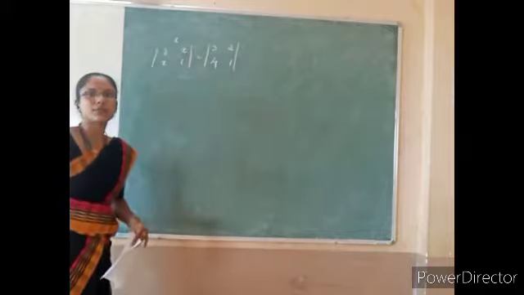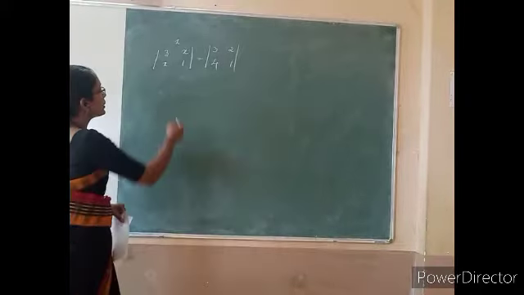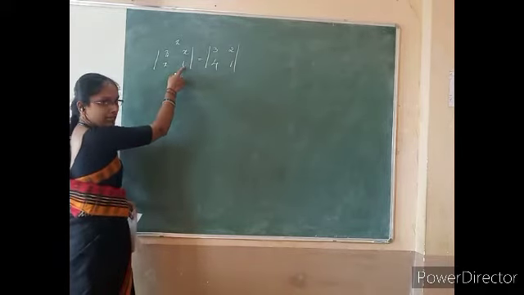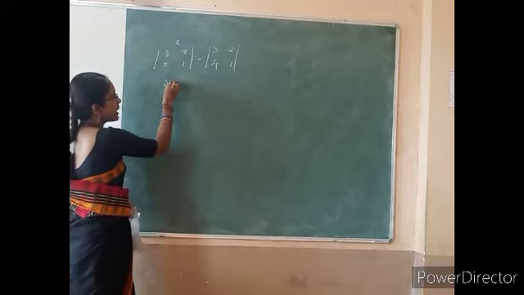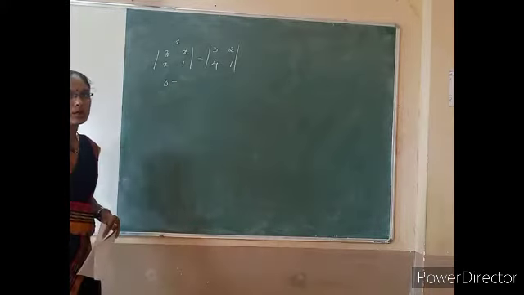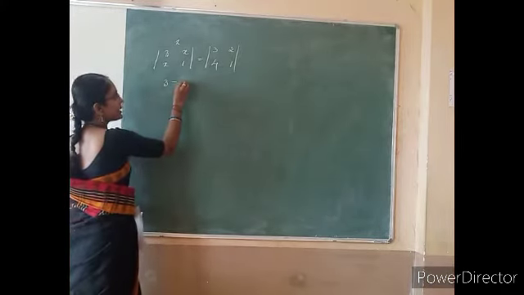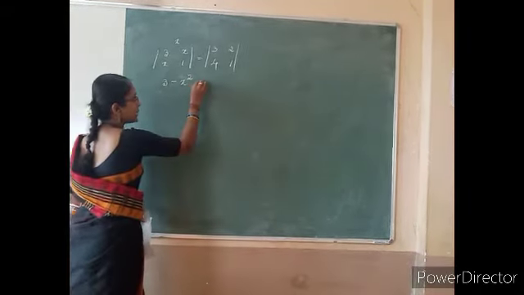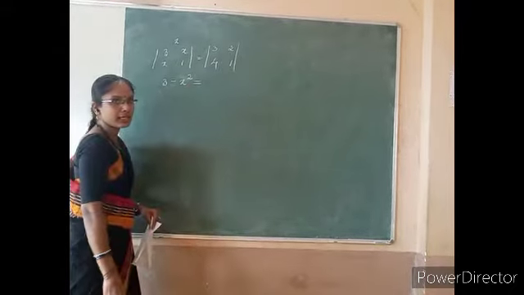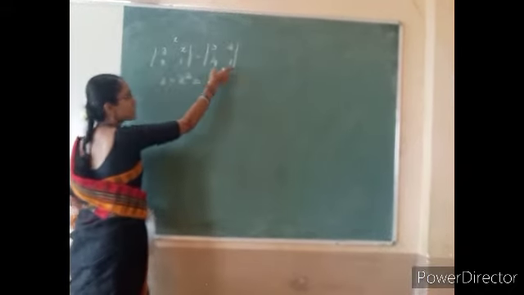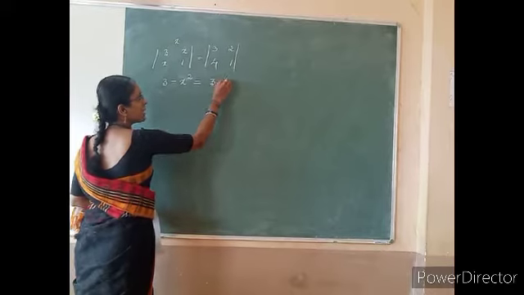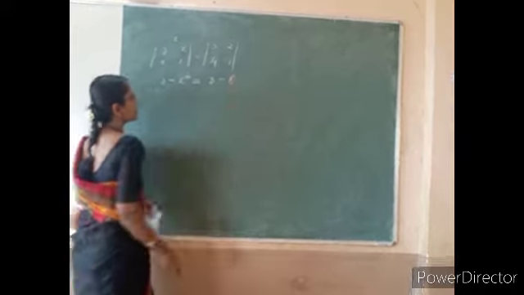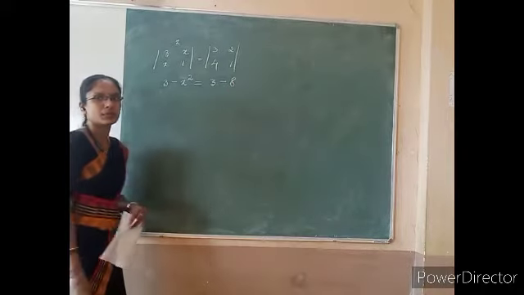You know how to evaluate the 2 by 2 determinants. Multiply the diagonal elements: 3 into 1 is 3, minus the product of the non-diagonal elements, x into x is x square. So 3 minus x square. This is equal to, on the right hand side, 3 into 1 is 3, minus 4 into 2 is 8. So 3 minus x square is equal to 3 minus 8.